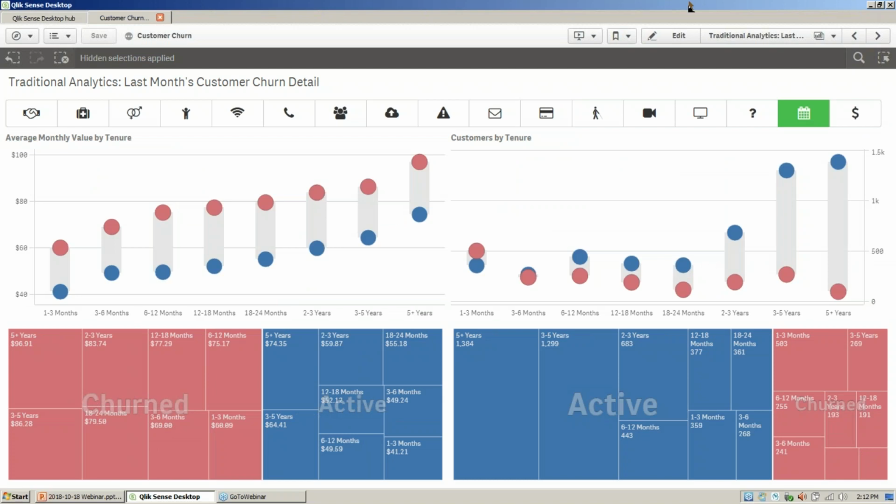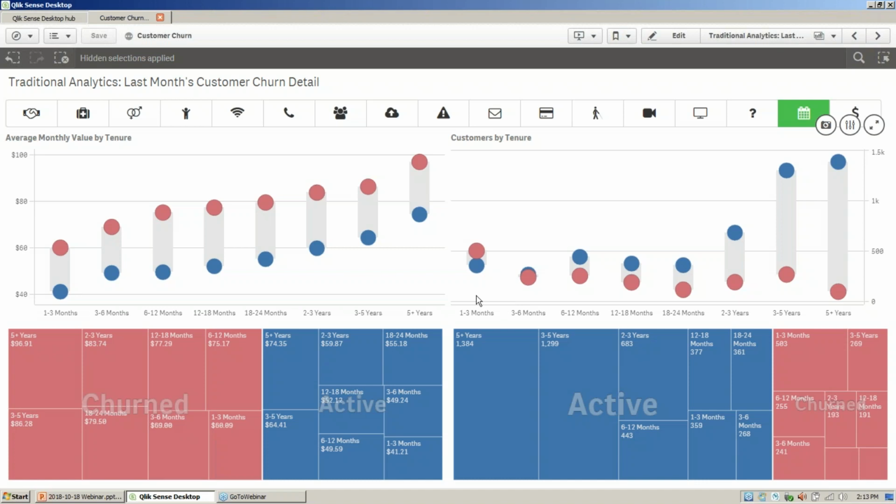If we look at them based upon tenure, over here on the right, the longer the customer's with us, it seems the stickier they are. It's a little bit of a chicken and egg thing, but if they've been with us for a while, they tend to stay with us. We look here on the opposite side of the spectrum, our new customers, and we see a much different story. Here in the 3 to 6 month bucket, these two dots are basically on top of each other. So as soon as somebody enters that bucket, somebody else is leaving just as fast. So we're just kind of spinning our wheels right here.